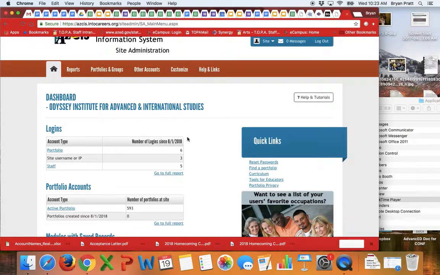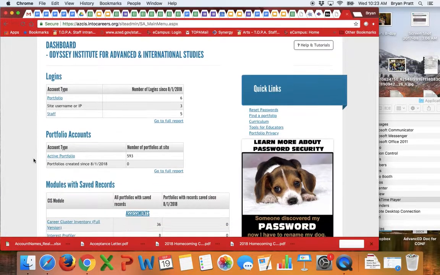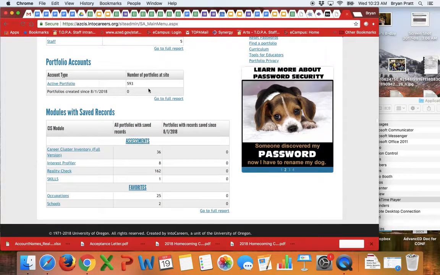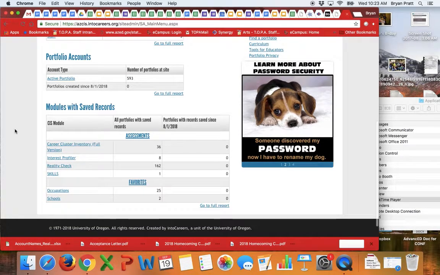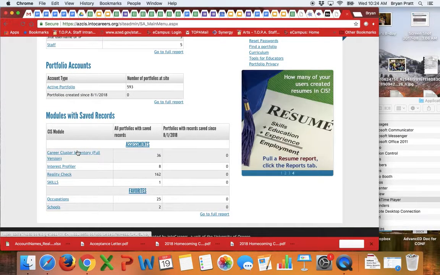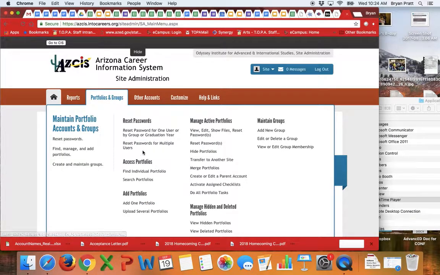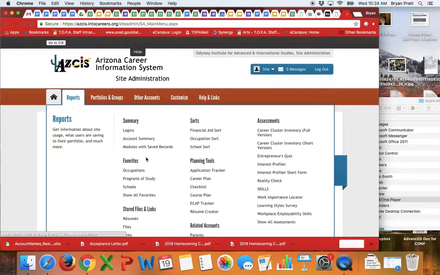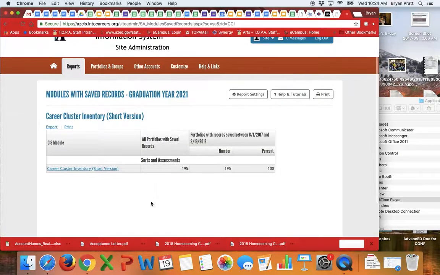See, we haven't had a lot of activity since 8/1 for this academic year. 593 total active portfolios. One can go down here. These are the modules for which there are saved records, so it's kind of a quickie short stop. Career cluster inventory between this site here, and you can also go up here into report career cluster inventory short version, and if you click there